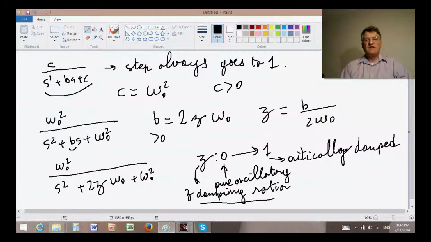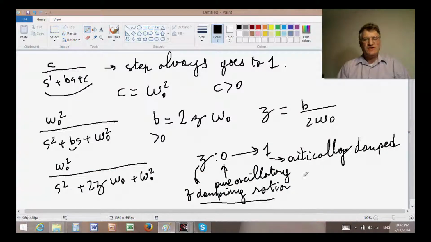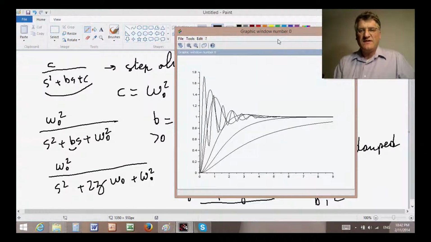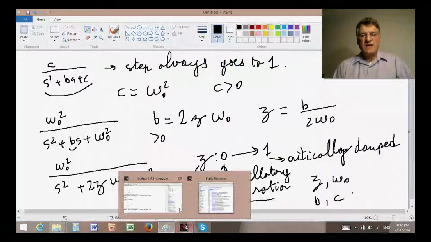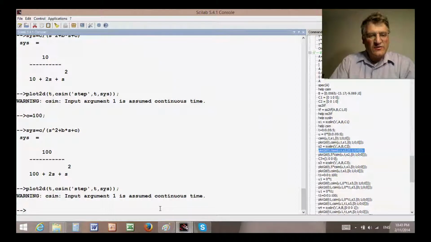Okay, now let's look at the effect of using this notation zeta omega 0 as opposed to B and C. For that I reopen Scilab. I close this picture and reopen the command window. So instead of B and C, I will choose